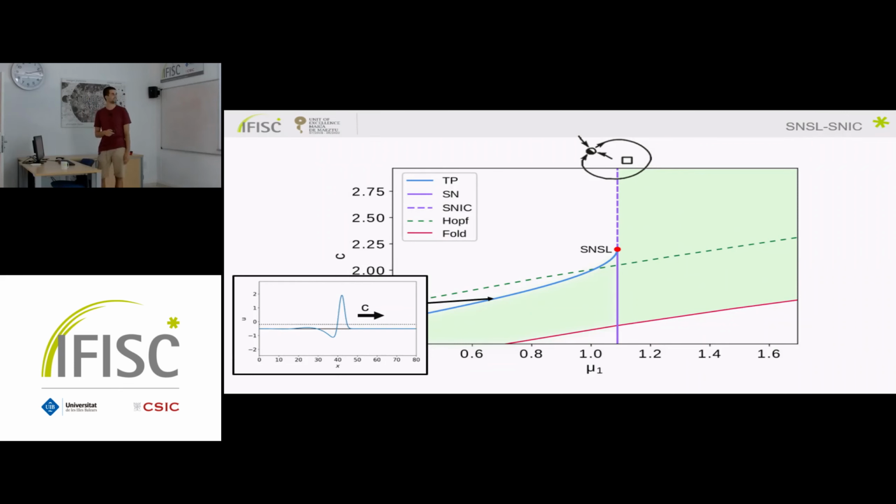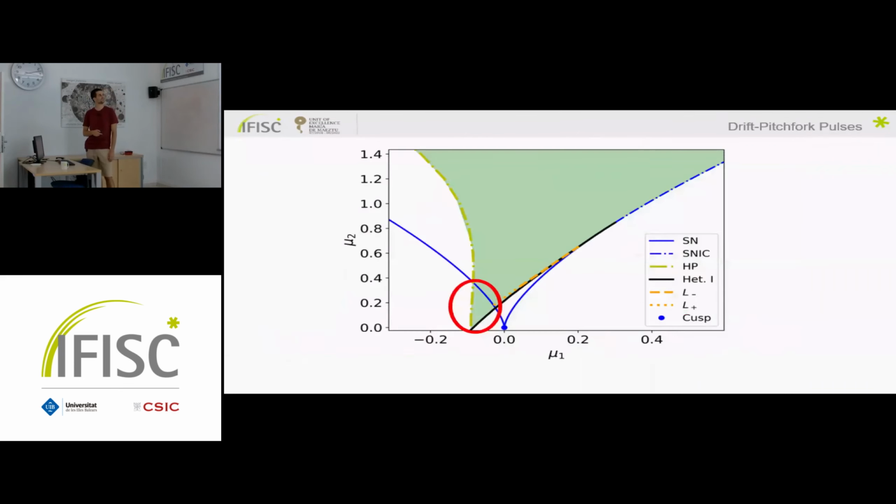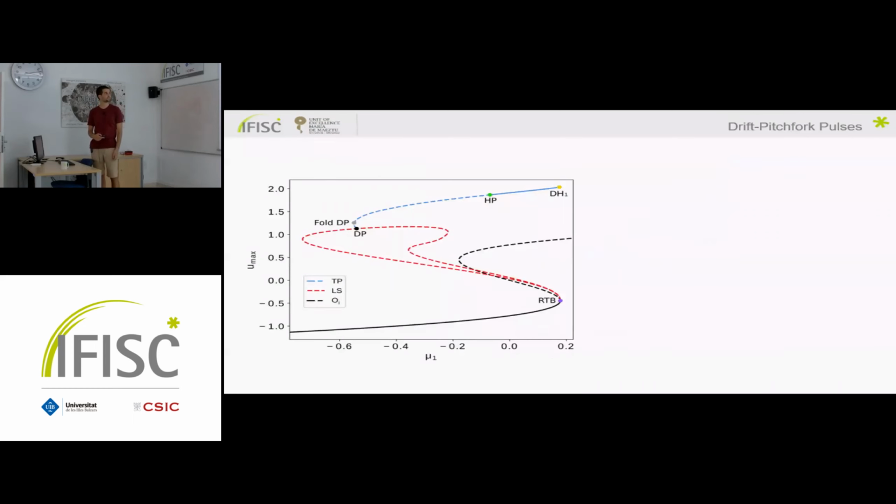Finally, the last result of this work is what is happening here. You might say that we are relating the temporal excitability with spatiotemporal excitability, but here there is a small region of stable traveling pulses that is outside of the local excitable region. What is happening there is that these pulses can also be associated with other kinds of structures that are associated with bistable systems.